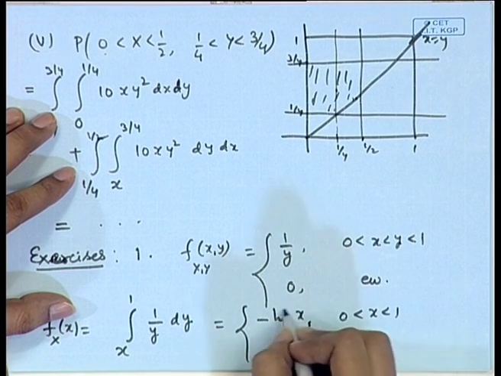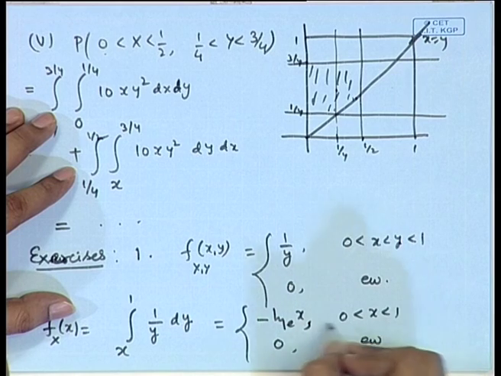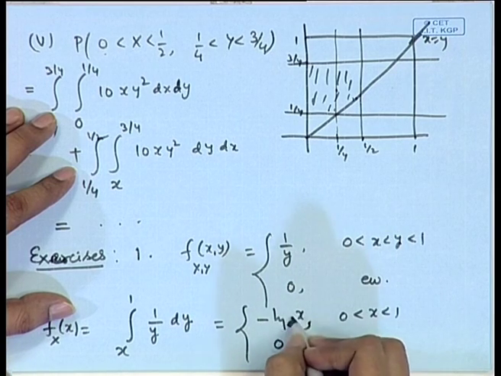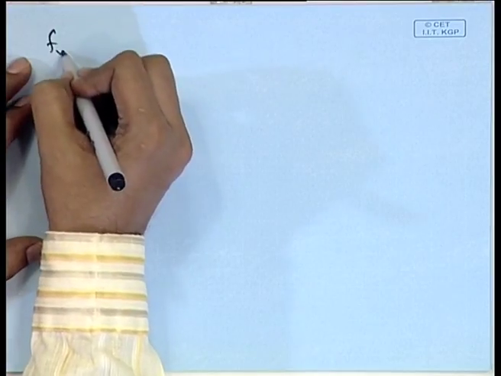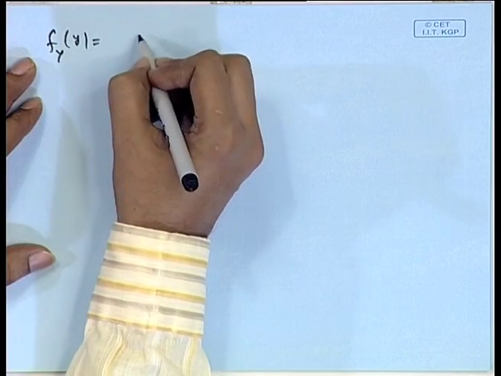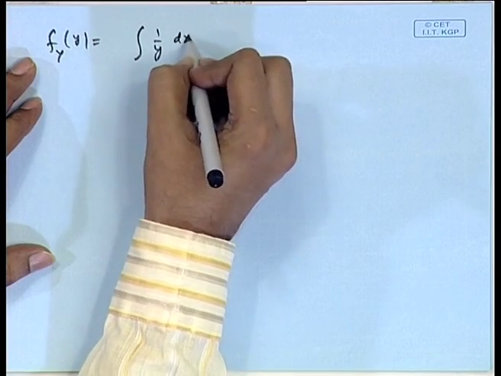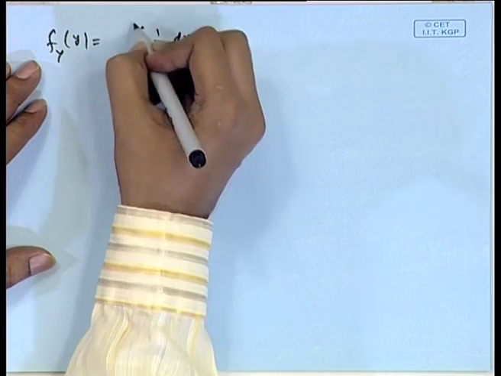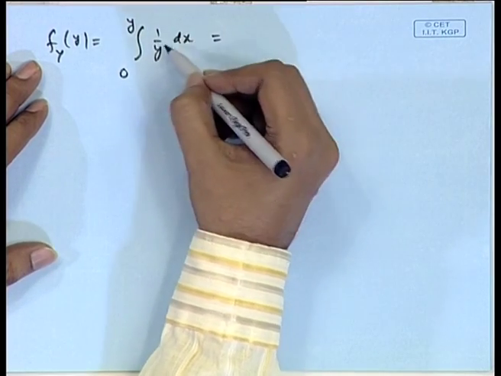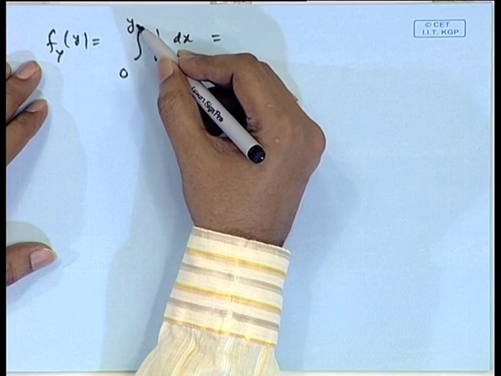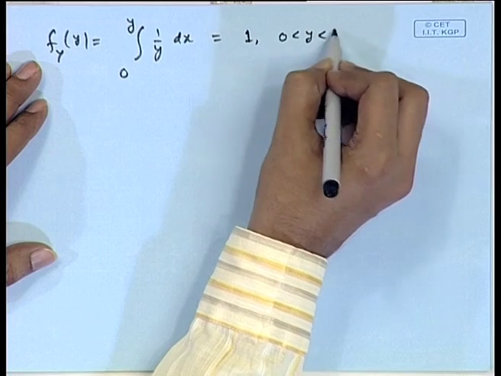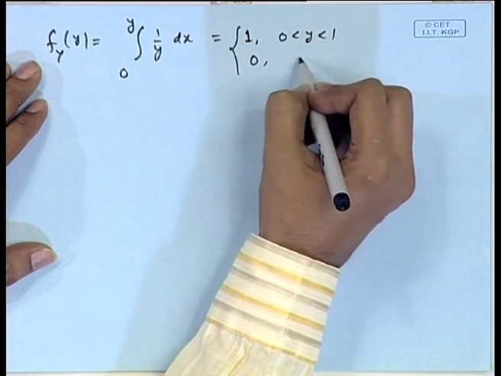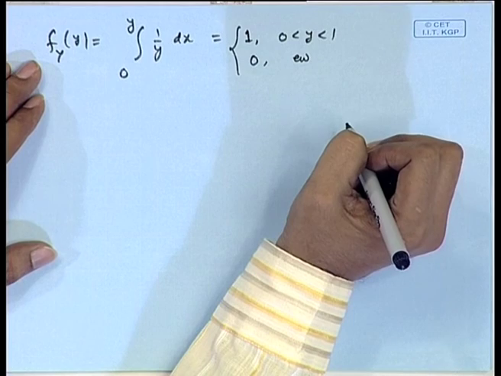We should not think that this is a negative value, actually x is between 0 to 1. So, log of x is a negative value, so minus log will be a positive value. Similarly, the marginal distribution of y can be obtained. So, that is simply x, and therefore, we will get y minus 0, that is equal to y. So, the distribution of y is simply uniform distribution on the interval 0 to 1.